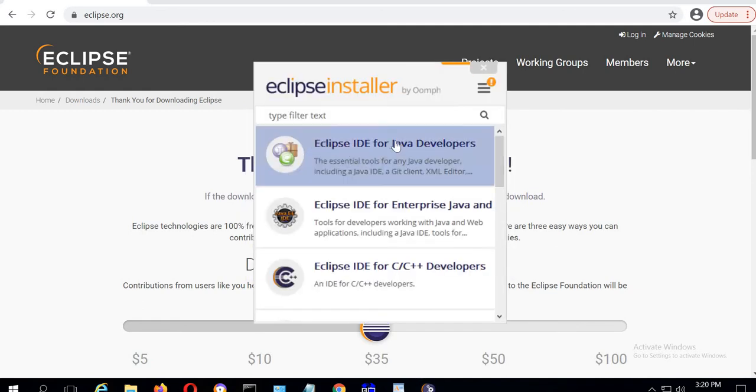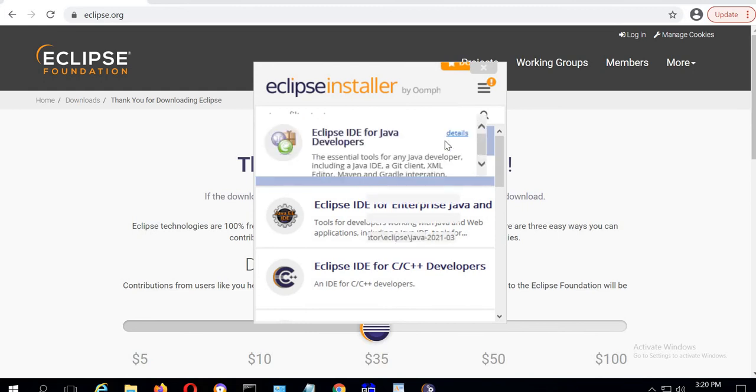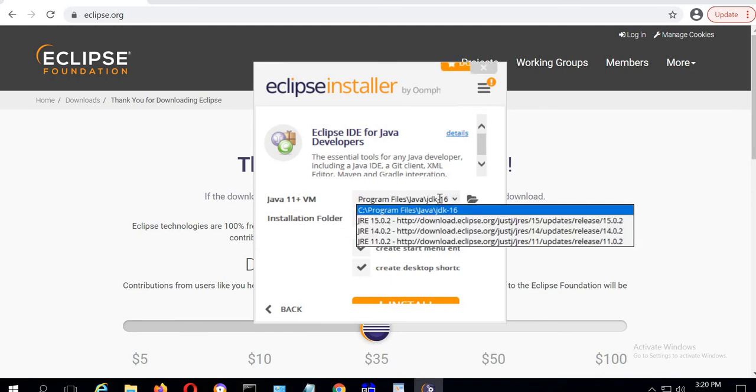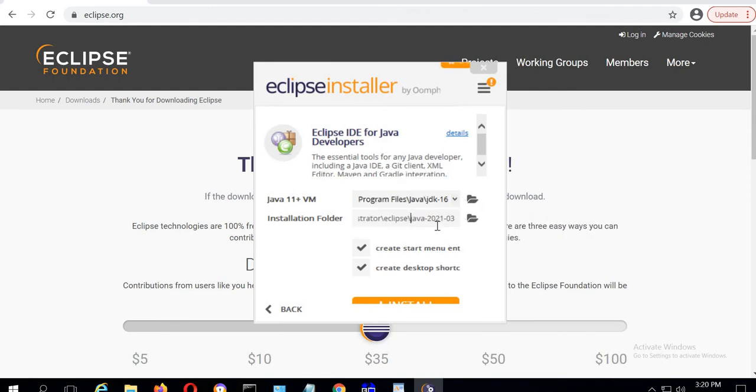And now there is an option called Eclipse IDE for Java developers. I'll click onto it. And it is saying that Java 11 plus VM, it wants to install the Java here. By default it is there, but okay, let it install, no problem. And then click on install.